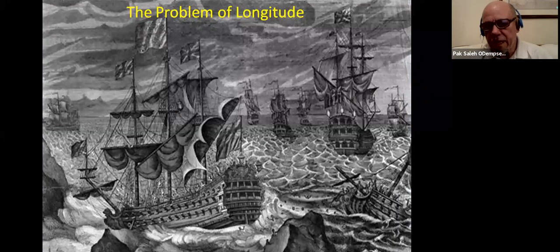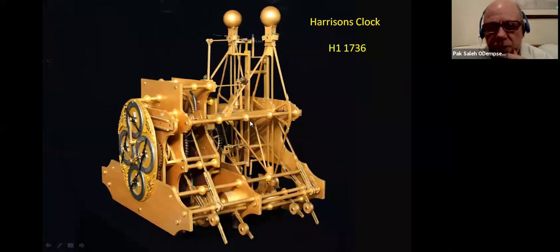Back before the middle 1700s, we had no way to properly determine the longitude of a ship at sea. We could determine latitude, but we could not determine longitude. And quite often that ended up with people getting blown off course east or west, becoming lost and then crashing into rocks and sinking and people dying. So longitude was a serious problem in the early days until Harrison,